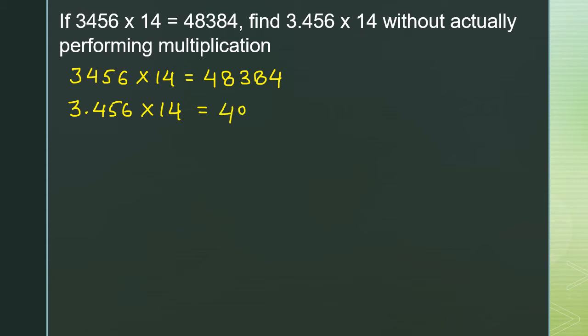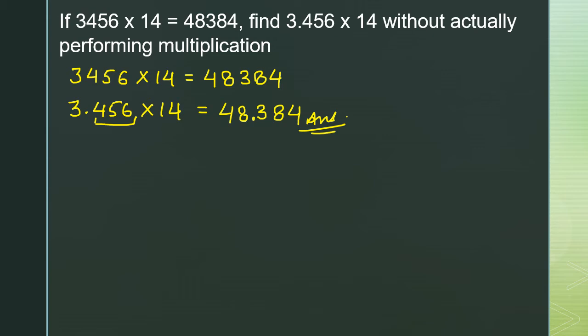So we will get the same product, that is 48,384. Now in this part, the number of digits after the decimal is 3. As you can see, after the decimal we have 4, 5, 6. 3 digits are there. So what we will do, we will count 3 places from the right in the product. So 4, 8 and 3. These are the 3 places from the right side. So place the decimal before 3 in the product. So here the decimal will come and the answer will be 48.384.